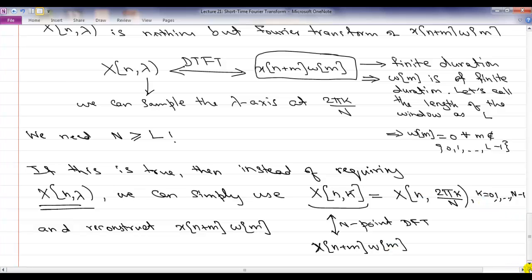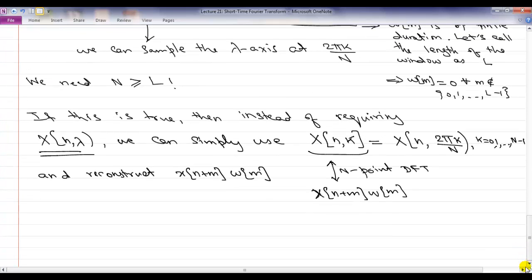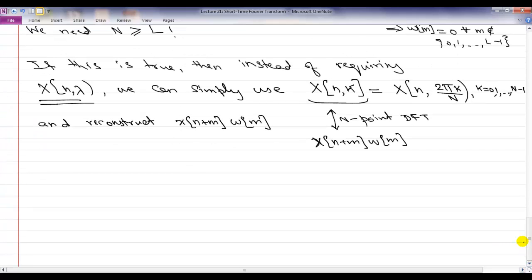So the plots that I have shown you earlier in figures, they effectively correspond to just DFTs for each value of n, for very large value of N. So if you want to now recover x[n+m]w[m], that is simply the inverse DFT of X_n[k],